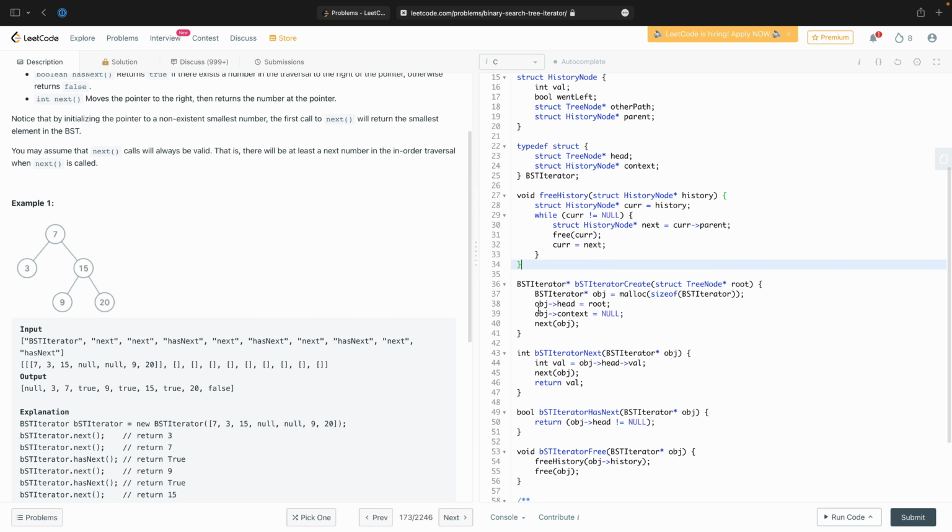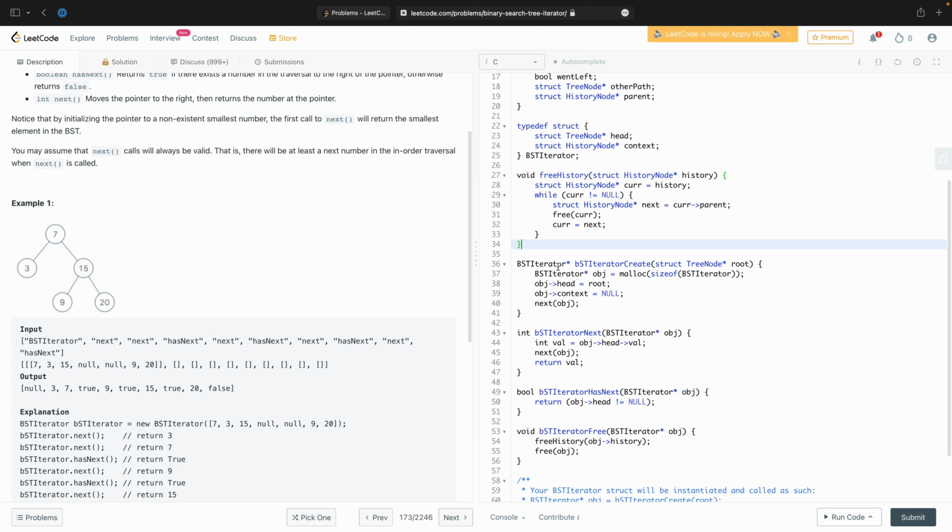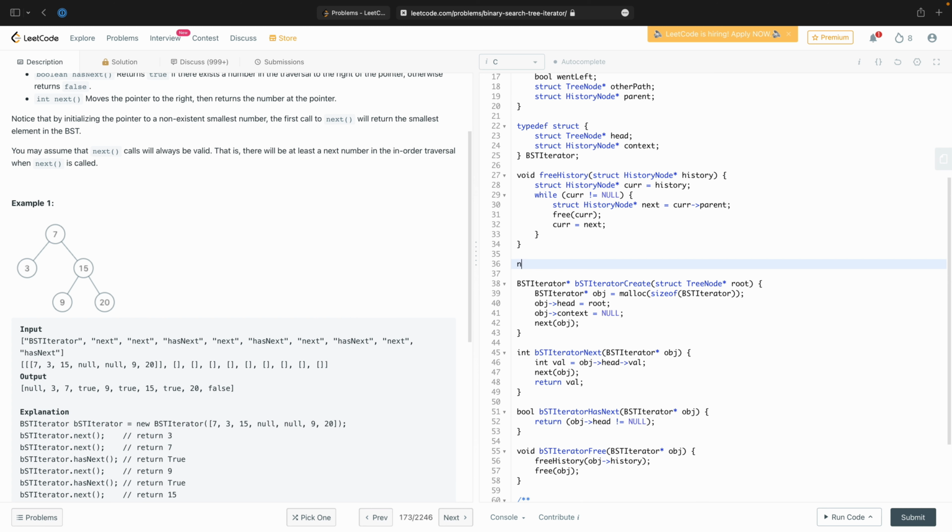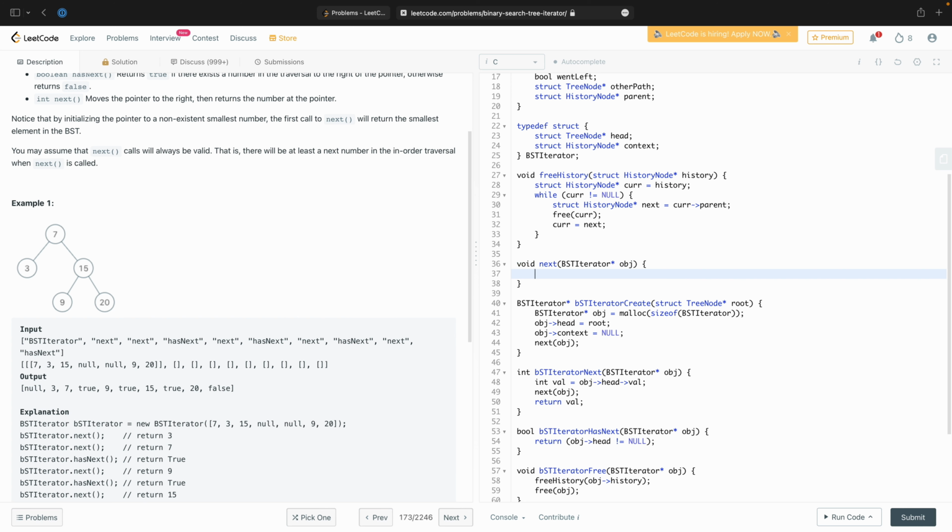So that leaves us with effectively just one thing to define, which is next. Void next, and this takes the BST iterator obj. And this one here I'm going to allow to be fully recursive. So if obj head left